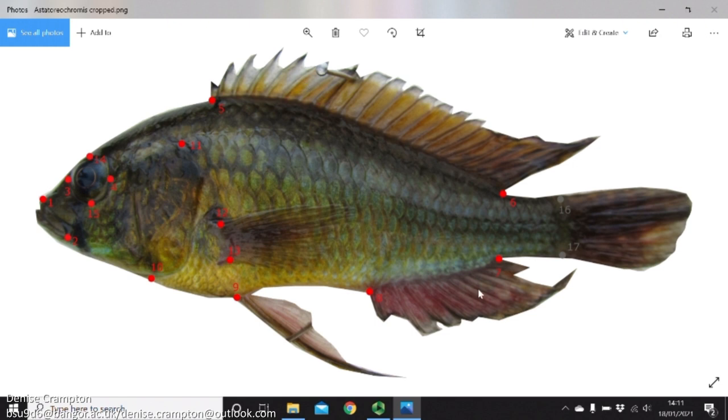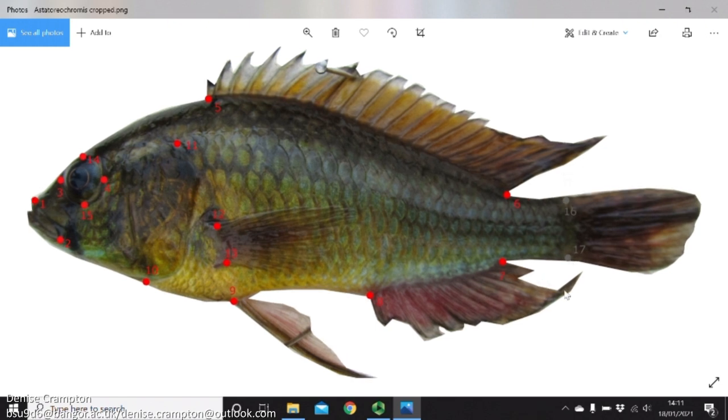This is quite a good example. You can see that I've omitted the tail landmarks there, because generally most of the samples that I've had have had at least one group that's had sort of bent or warped tails from the jar effect. You might get lucky and you might have a nice sample, so you'd be able to include these, but I'll